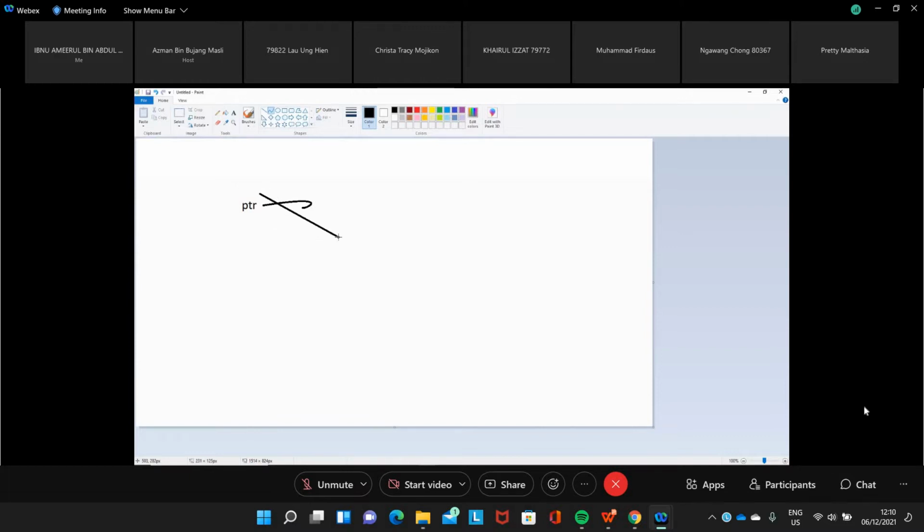This PTR variable can point. But point to where?